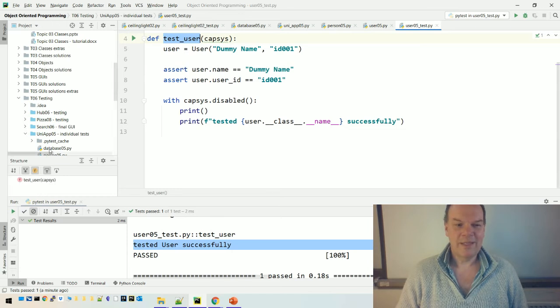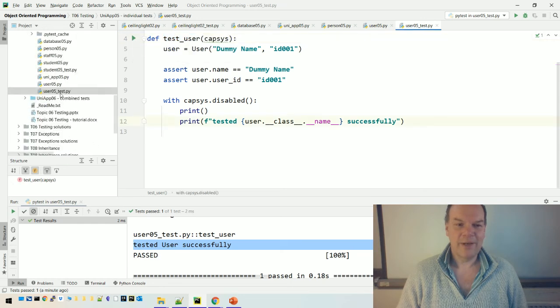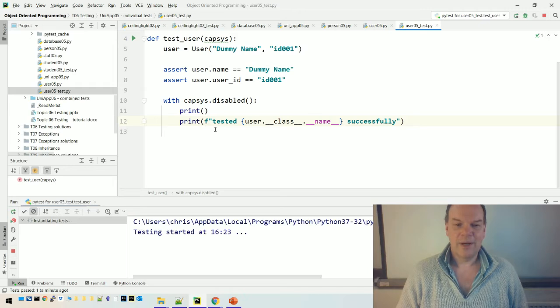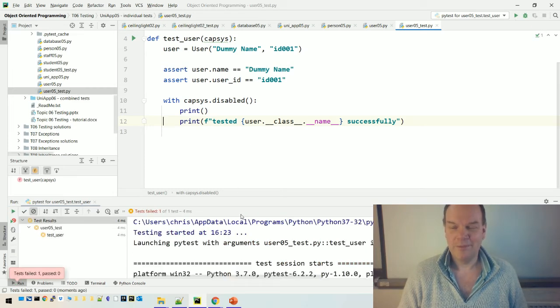When we run this test, okay, as well as right-clicking on the file, I can also click on this arrow and run PyTest. When I run it this time, I should get an error because now the username won't be dummy name uppercase, that is, it'll be dummy name lowercase. And you can see,